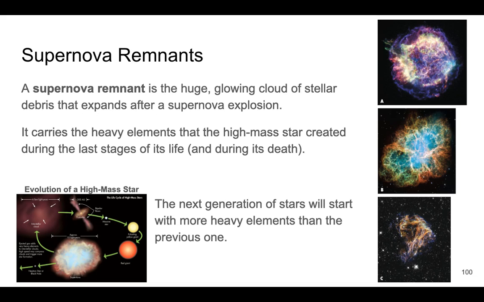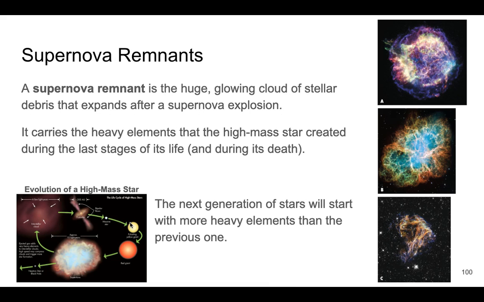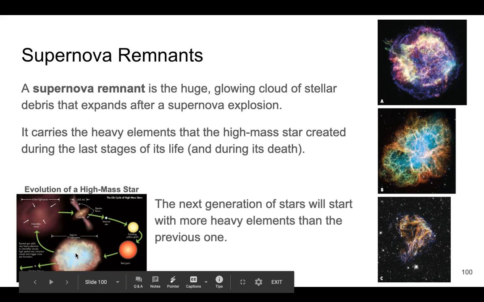This is quick and glorious. So, yeah, this thing explodes in a supernova, shoots all of this stuff out, and then it becomes a gas cloud. Now, this gas cloud, like it says right here, is going to start with more heavy elements than the previous one, because the first star didn't have many heavy elements, did its whole thing, started to make the heavy elements, blew up, made even more, and all of that material goes into the next generation of stars.